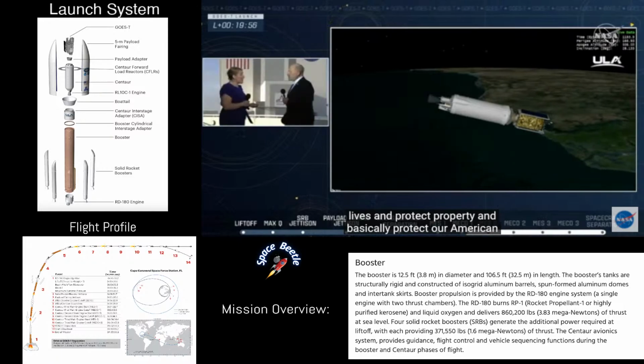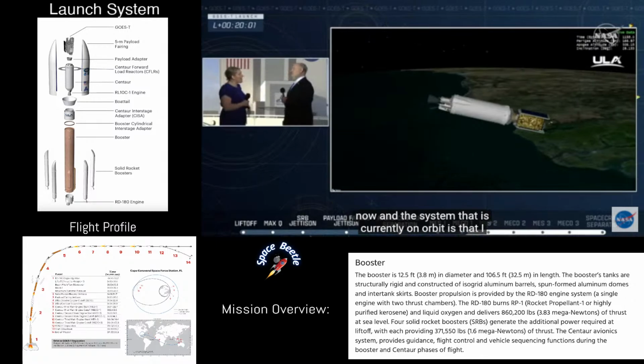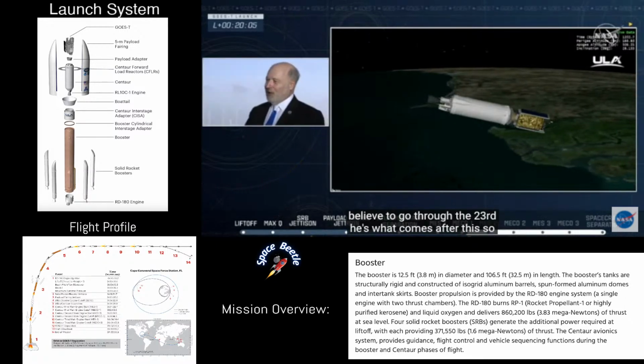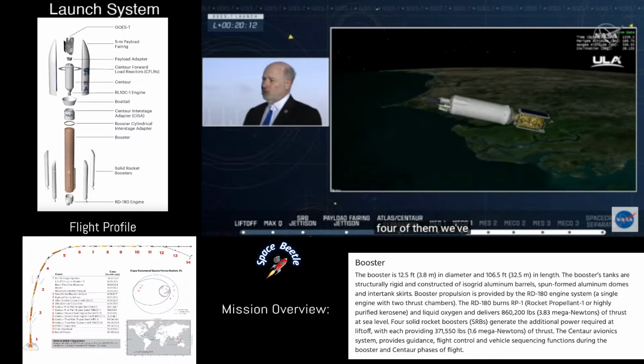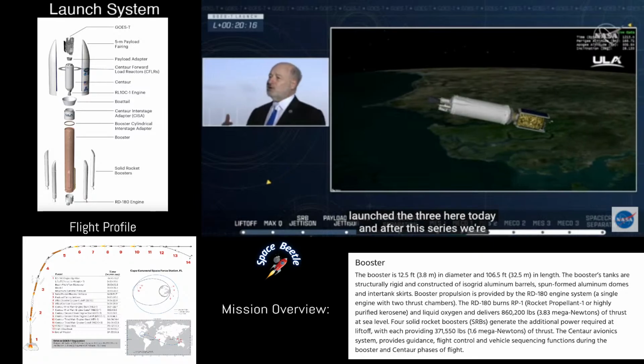Now, the system that is currently on orbit is set, I believe, to go through the 2030s. What comes after this? So we've called this series the GOES-R, the Geostationary Operational Environmental Satellite R series. There are 4 of them. We've launched the 3 here today. And after this series, we're looking at what we call GeoXO, Extended Observation. So what is the next generation